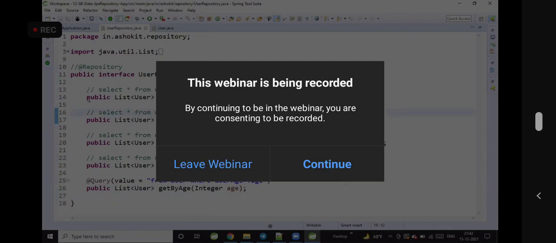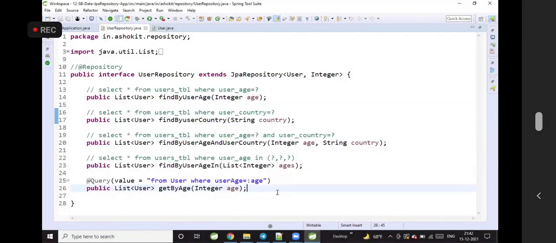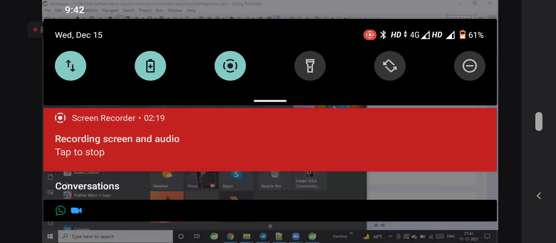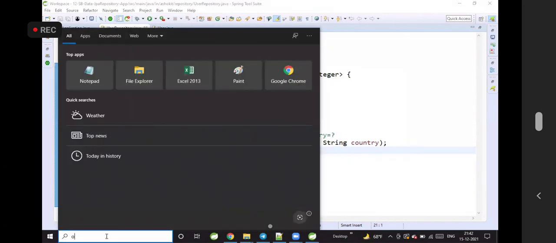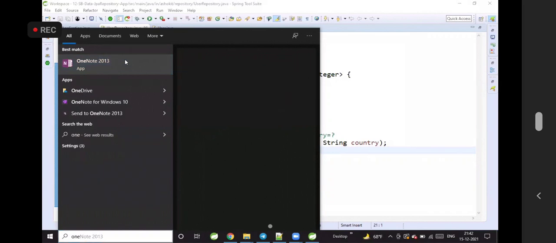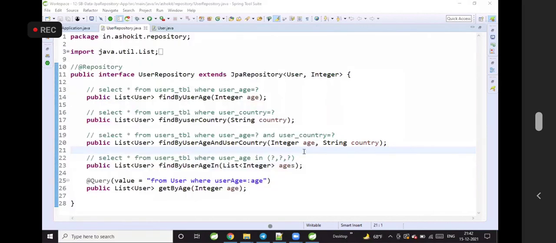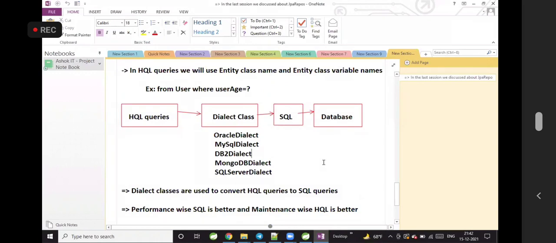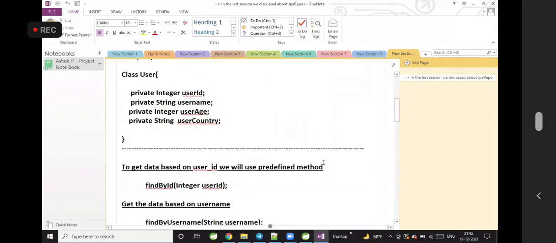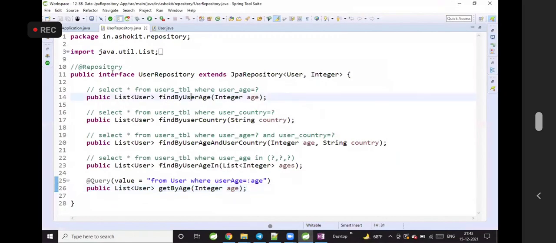In the last session, we had discussion related to find by methods and custom methods. When we go for data JPA, we are not writing any logic to perform CRUD operations with the database, because data JPA provided methods for us to perform CRUD operations. Whenever we go for data JPA, predefined methods are available to perform the operations.